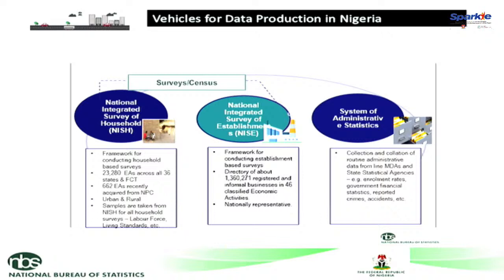So currently we have about 1,360,271 registered and informal businesses in about 46 classified economic activities under this NISE. It represents a national kind of coverage. Then also for administrative statistics, we use SARS. SARS is used